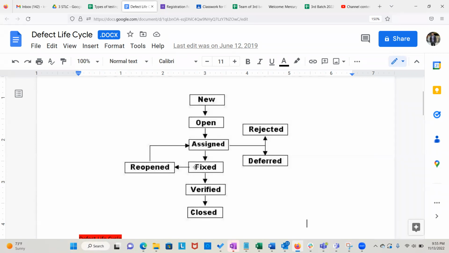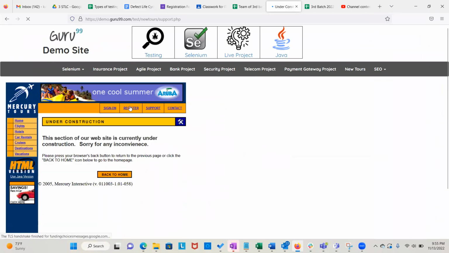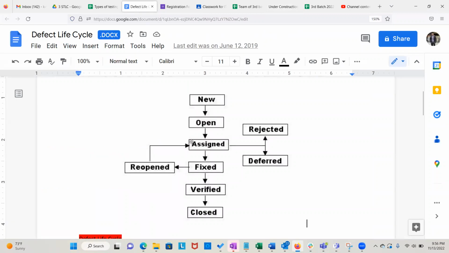And when you see as a QA that the status got changed to fixed, you're going to start working on the fixed bug, because you logged a bug. What is a bug? A bug is an issue, an application has an issue, right? We talked about it here. The flights page or the hotel page is not working. So I'm going to log this bug, just like you guys log this bug. When you log it, at that time the status is going to be new, right? And you don't worry about it after logging it until the status changes to fixed.